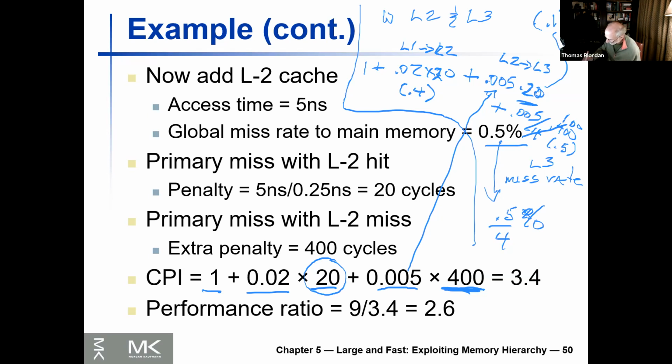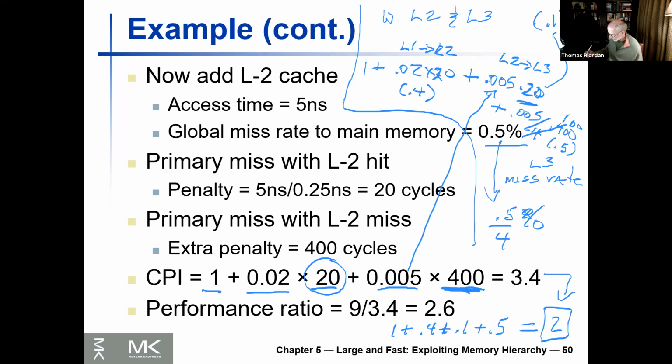And so we add these numbers up now and we get 1 plus 0.4 plus 0.1 plus 0.5. So we get 2. Let's see, 1 plus 0.4 plus 0.1 plus 0.5 equals 2. So now we've gone from 3.4 by adding a level 3 cache. We've gone from 3.4 down to 2. So we've improved it by another factor of